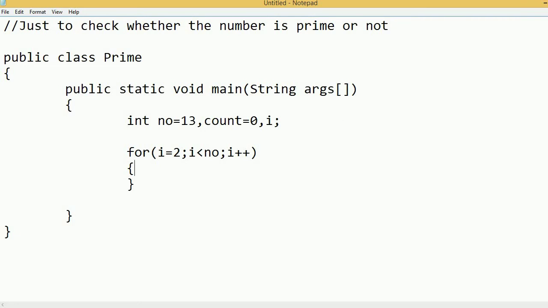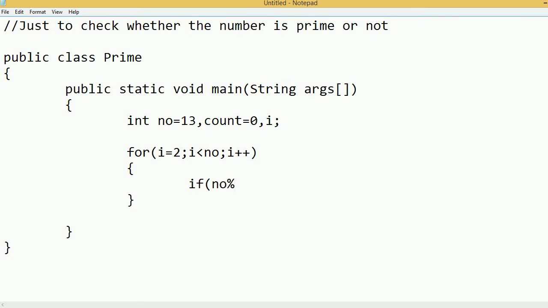Inside the for loop, I will check whether the number is divisible by 2 or not. Right? Now I will start the dividing in the if. In the if you can give the condition number modulo i. Right, I will start dividing the number with i from 2. So we have to write number modulo i.